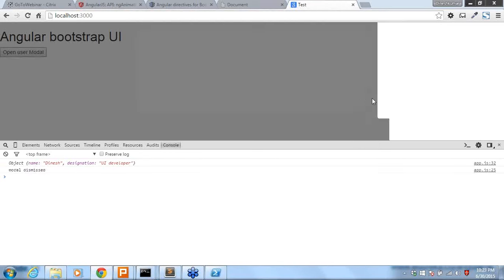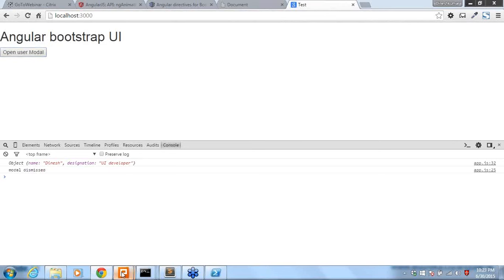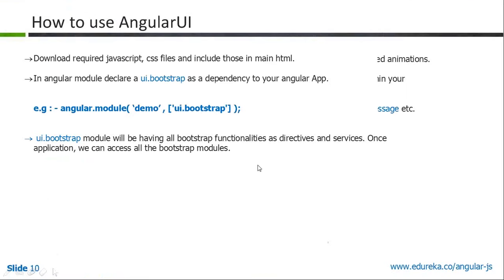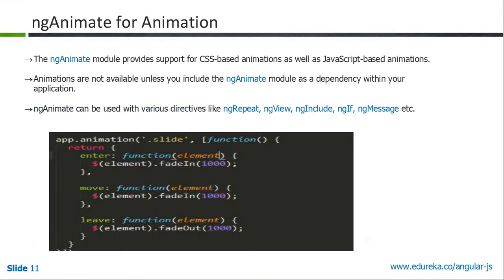Let's move to our Angular Animate. Okay, great. So Angular Animate. Why do we need this animation? Whatever application you build, it may have some kind of super duper functionalities, or it can be faster, or other stuff. It has to attract the user. So if you give some kind of cool animation to it, they will feel, wow, this is really awesome. This looks rich. Everything will be given from the animation.